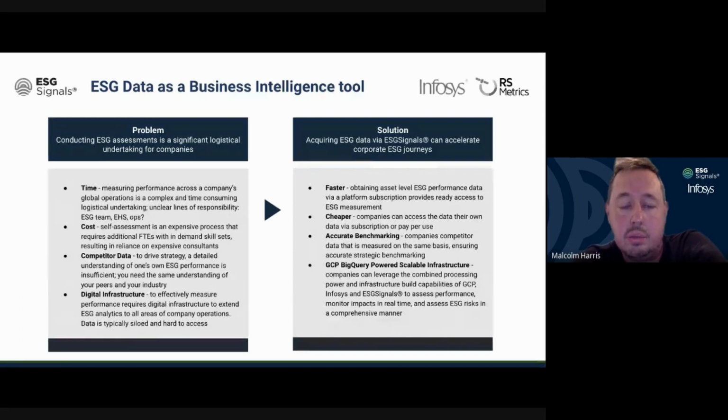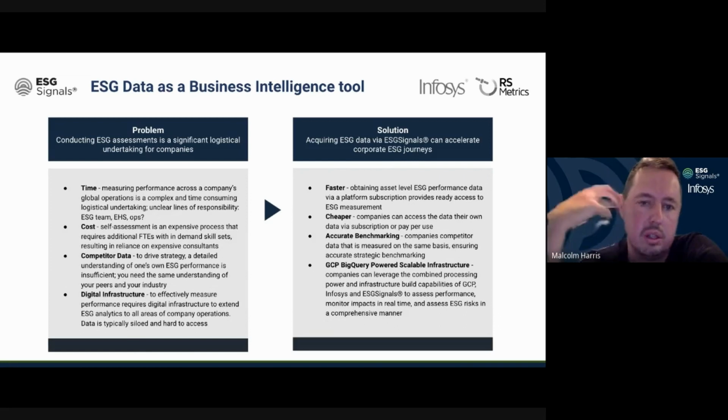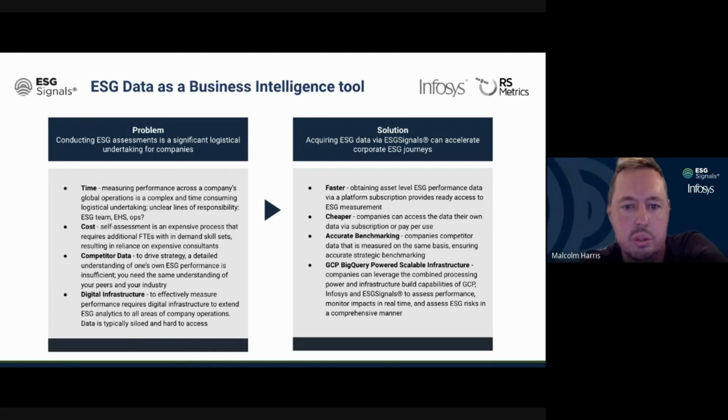And then, of course, you want to scale it, because it's not just scaling across the organization, it's scaling across data points and different measurements. As technology continues to advance very quickly in the environmental space, there's a plethora of new data sources that customers are going to want to incorporate into their decision-making processes. And that's where working with Google Cloud and Infosys really becomes powerful, because you're not just doing a one-time thing. You're building something that can grow with the organization. So that's how we think about this.